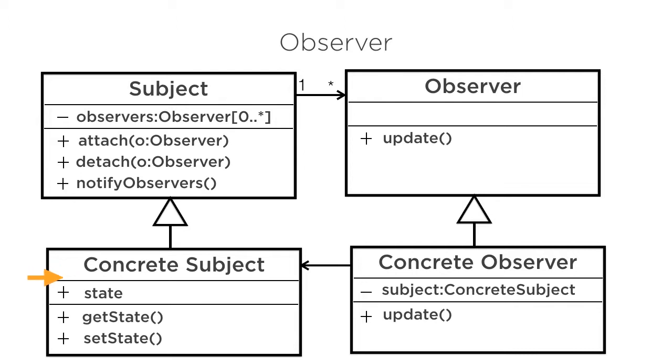There is a concrete subject where there is a state. For instance, in a newsfeed application, it may be a list of news items. There are methods to set the state and get the state of the subject. So in a newsfeed application, the observers or subscribers subscribe and unsubscribe to the newsfeed application using the attach and detach methods. It notifies the subscribers on change. Using the set state method, a change is initiated. So for instance, receiving a news article, and using the get state, the observers get that state or the news. The observer would have an update method, which is the handle it provides to the subject to notify it of